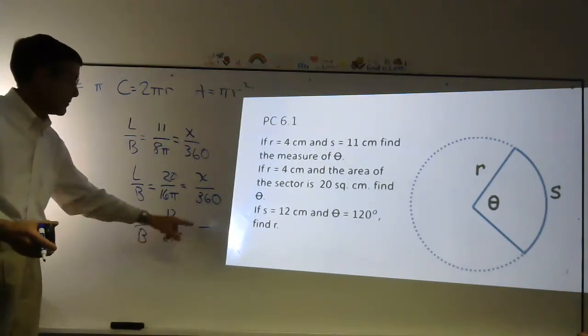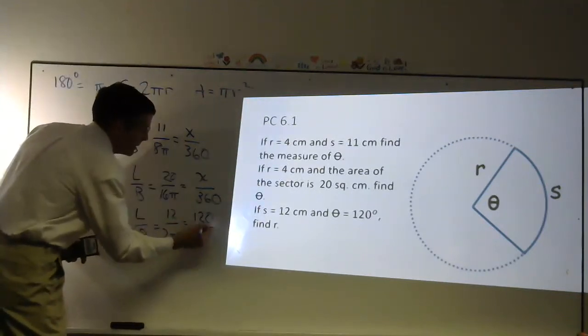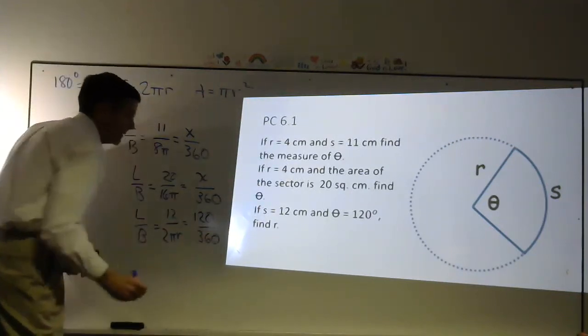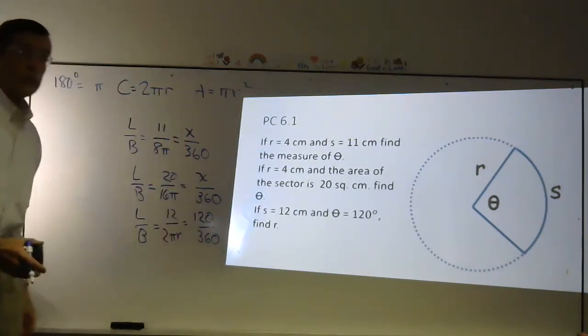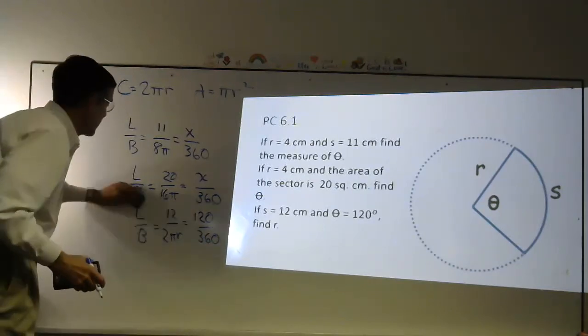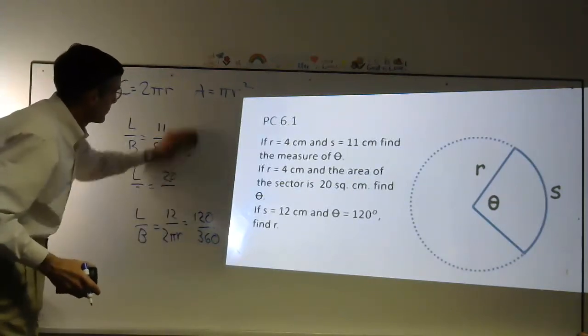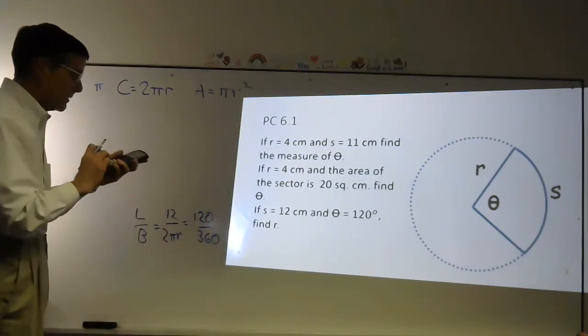Okay, so let's do little to big here. I know the angle is 120 over 360, little to big. And you can cross multiply and solve for r. Okay, just for kicks, let's do that one. That might be a little exciting. 12 times 360